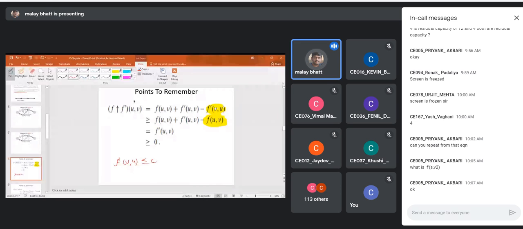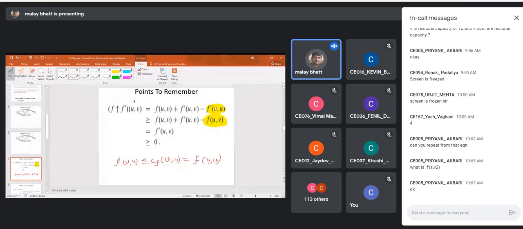And capacity in the reverse direction is equal to what? The flow value in the forward direction. So that's why we are writing this, that it is greater than or equal to f of u comma v plus f dash u comma v minus f u comma v.